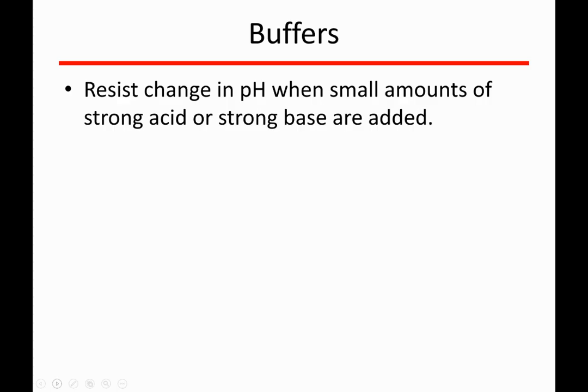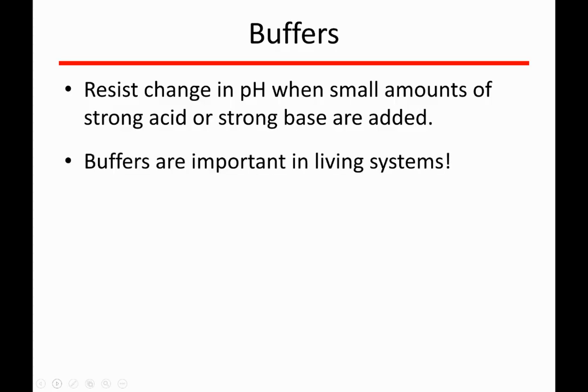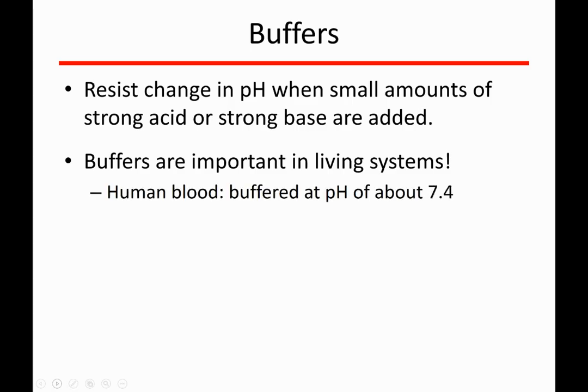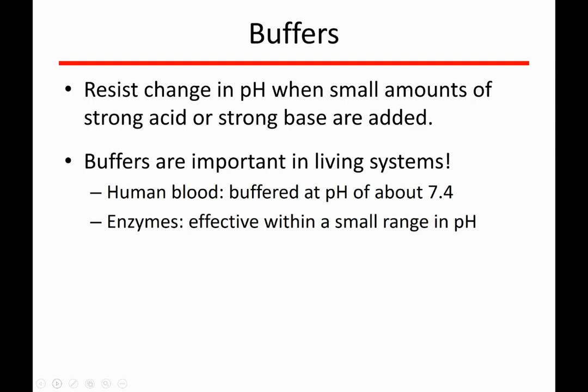This is so important in so many different living systems. This has so many important applications in biology, in marine science, and in a whole range of other fields. For example, human blood is a buffered solution. Human blood is buffered at a pH of about 7.4. And that is a really important thing because the enzymes that control a lot of the chemical reactions that happen in our bodies are only effective within a small range of pHs. So if your blood pH goes too far away from 7.4, you may not be able to have the enzymes in your body perform the reactions that are needed to keep you alive, and then it's like game over for